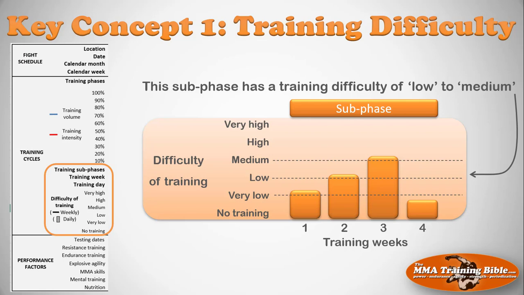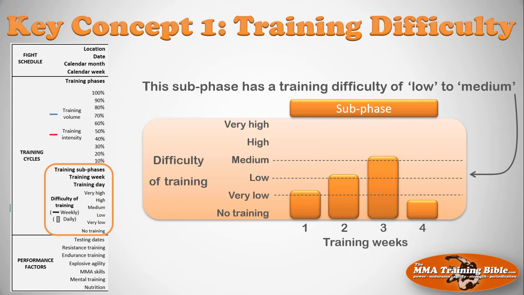Now, training difficulty, it simply refers to how difficult you perceive a training session to have been. For example, think back to the last resistance training session you had. If you perceived that it was very hard, what made it harder than other sessions that you've had? Was it because you did more sets, or was it because you added more weight, or maybe you completed more repetitions, or maybe you changed your rest periods, or maybe you did new exercises, or maybe it was your second session of the day? Now, I'm hoping you're starting to see and understand what I'm talking about here.